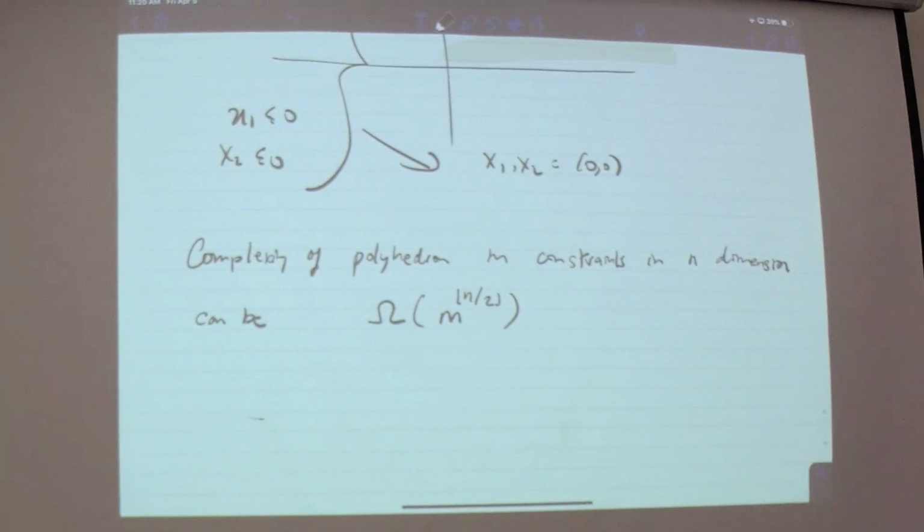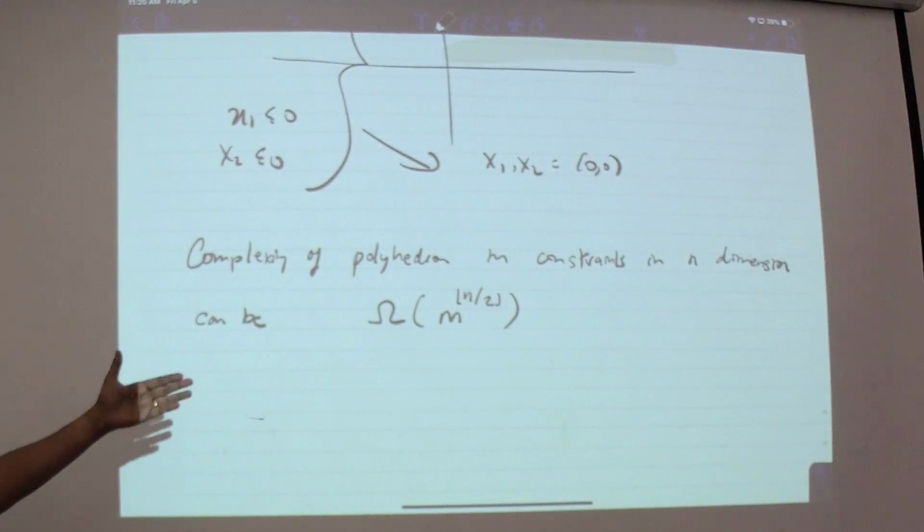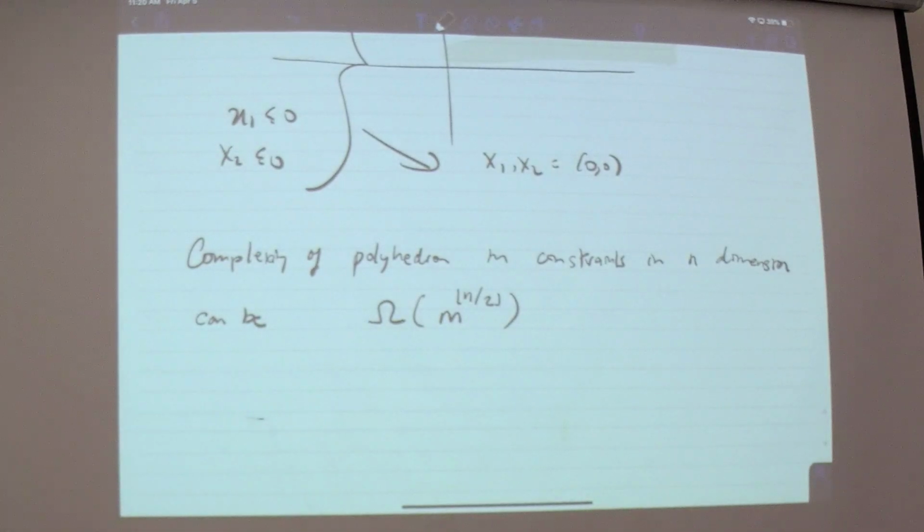So it's a good question to ask, how difficult is it to describe this region? It turns out it's pretty hard to describe it. So I wouldn't want to write down all the different lines of it. I would want to keep it as the intersection of half spaces, because if I do it this way, it's going to be very expensive. Okay, so we have successfully given a geometric characterization of the region of feasibility.